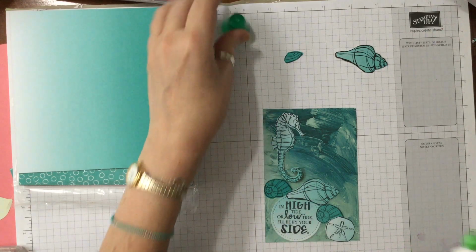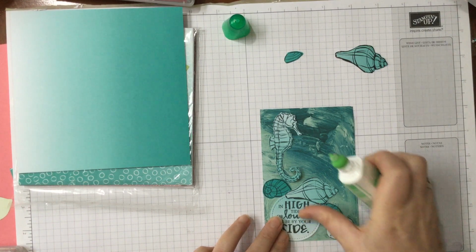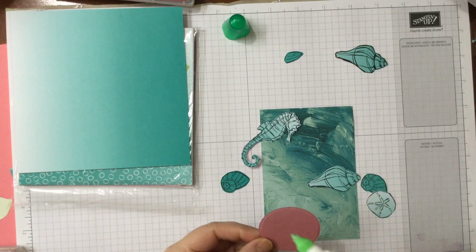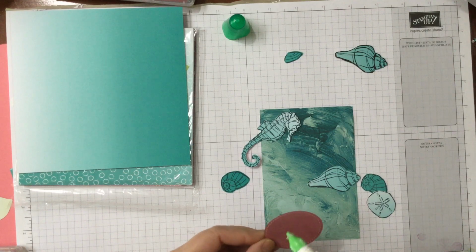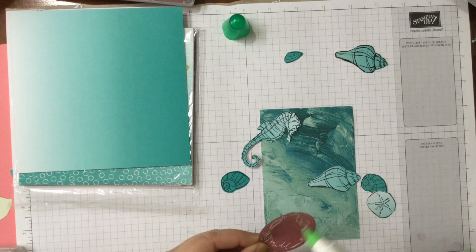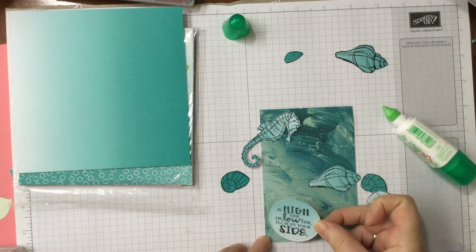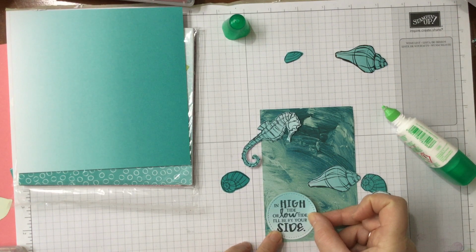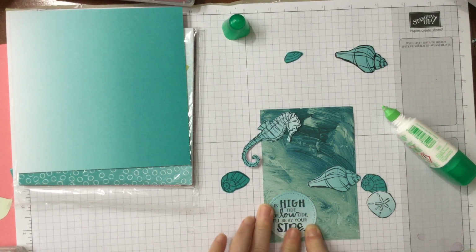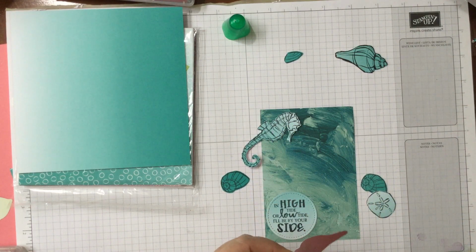glue these all down. Now you can put them up with dimensionals, but I actually want to have it so I can send it. And at the moment with the postage, it's quite difficult. Some areas now are not having post delivered at the moment, so it's easier to try and do flat ones rather than ones that are too over the top. So I'm going to put this one in